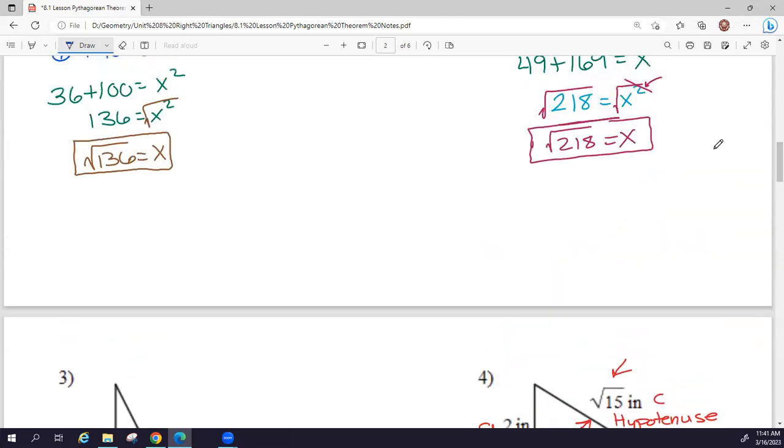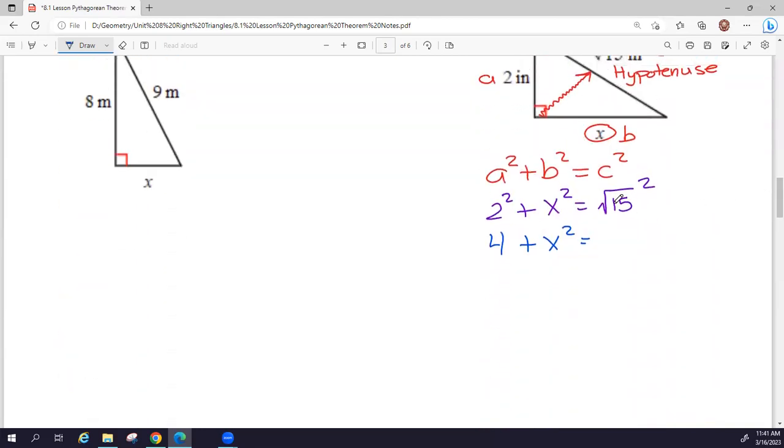Just like we had up here, the square root and the square here cancel, and I'm left with what was underneath. The square root and the square cancel, and I was left with X. Here I have a square root and a squared. They cancel, and I'm left with 15. The square root of 15 squared is the same as the square root of 15 times the square root of 15. And we're going to talk about this in class a bit as well. We'll work through these things together as a refresher. When I multiply these two things together, I just end up with 15.